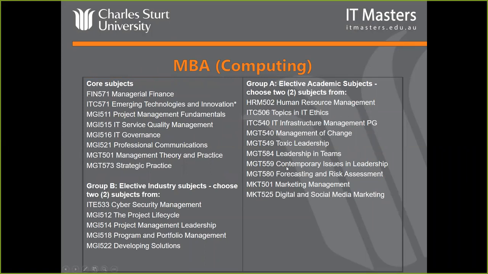And then you've got the Group A academic. These are developed from within the university by academics. And again, there's a whole pool of them. There's an interesting one, MGT 549, toxic leadership. I just hope it doesn't teach you to be a toxic leader, but I assume it doesn't. It'd be interesting to have a look at. Leadership, change management, it's been huge, even some marketing stuff, digital and social media marketing. So yeah, again, a big pool of electives, but you've got to do your eight core, and that's what makes it the MBA computing.